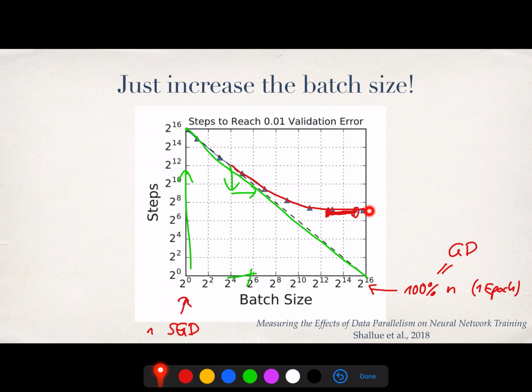So what to get from this is, well, rule of thumb is as soon as your batch size reaches maybe 10% or 50% of the full data set, which is n, then you need to be worried about this. So if you have a small data set with like 1,000 points, you can maybe not benefit from 100 machines, well, that's very hard anyway, because you will be hurt by communication cost. But only if you have a very, very large data set, you can also benefit easily from SGD with